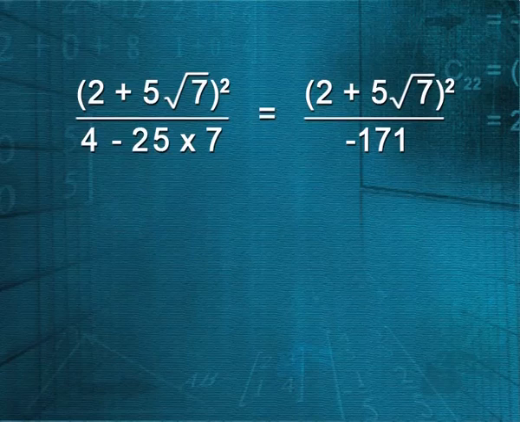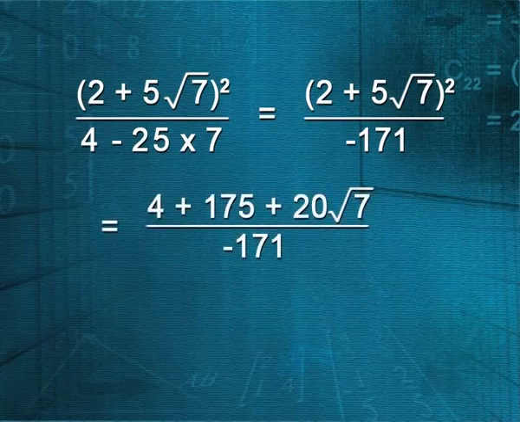So, in the numerator you have a square, that means 2 square 4, b square, that is 5 into 5 into 7, which is 175, and 2ab, it is 20 root 7 divided by minus 171,